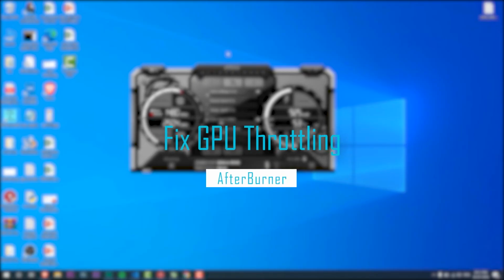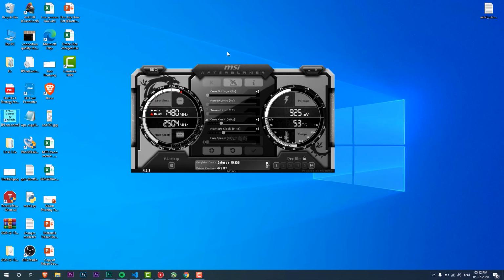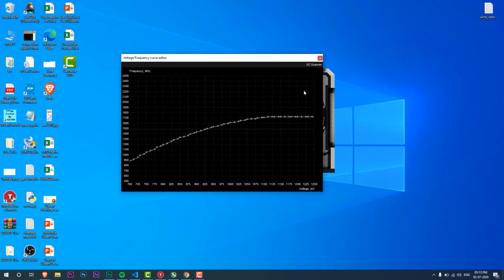The next thing that we're going to do is tweak the GPU numbers in a very similar fashion. We will be ensuring that we're able to drive the same GPU clock speeds at lower voltage, and we'll be using MSI Afterburner to achieve this. So what you see on the screen right now is the numbers for my MX150 GPU. Currently, the voltage is at 925 millivolts and the temperature is 53 degrees Celsius to achieve a clock speed of 1480 MHz. Now, if you press Ctrl F on the Afterburner screen, you'll see a graph like this.